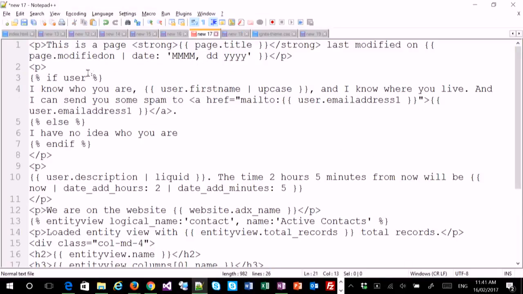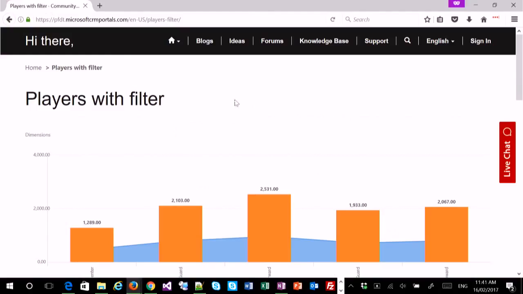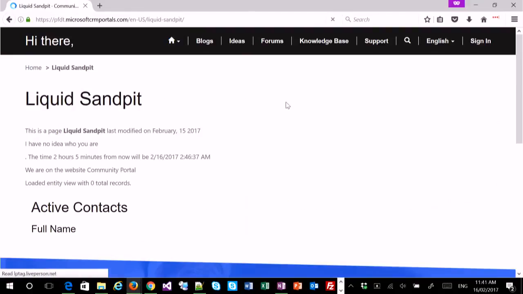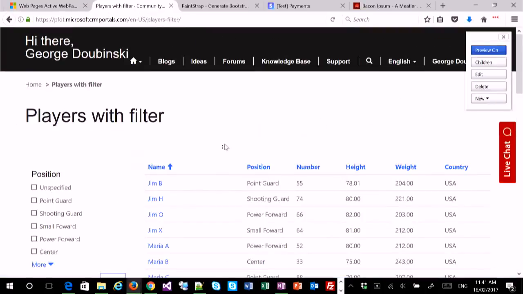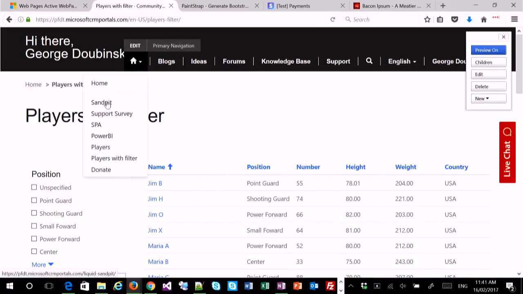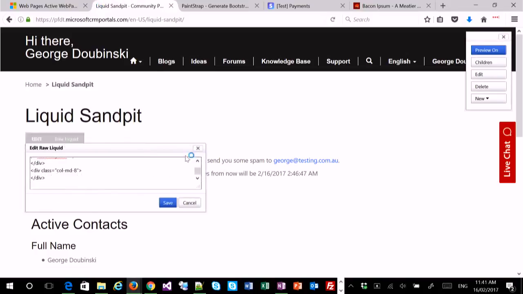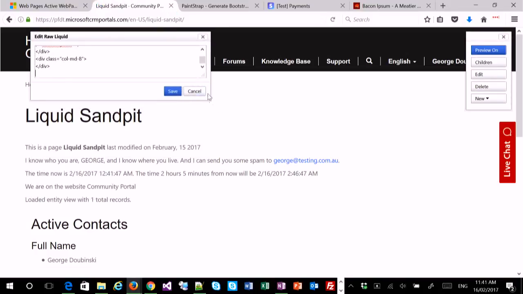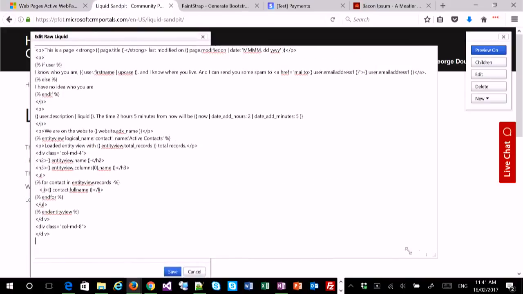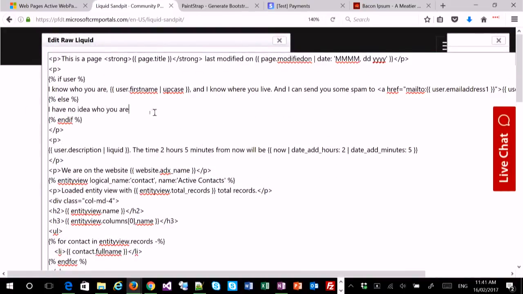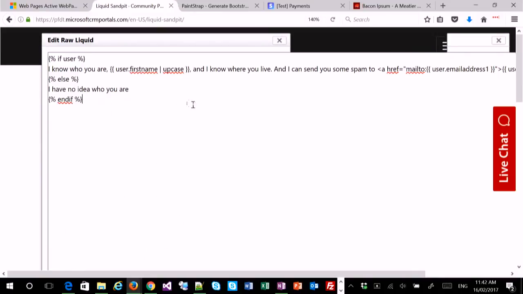I'm just going to copy some stuff. So you can do things like, for example, I have a sandpit page where specifically I do the, hold on, here. I need to be authenticated to edit the page. So I have the page for raw liquid. And let's start just, okay, so what it does here,